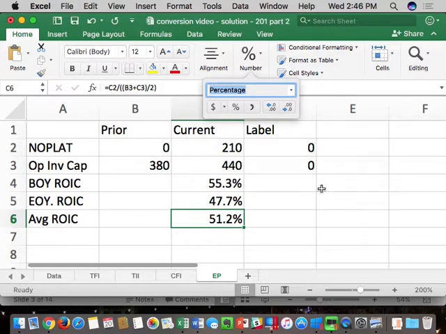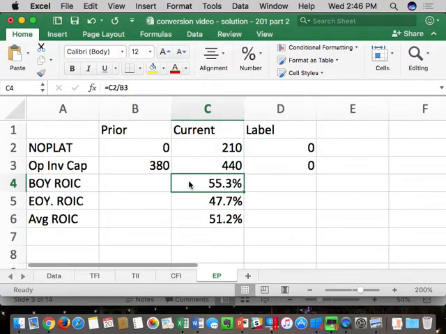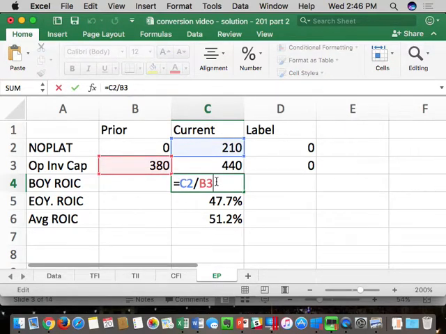Do I use last year's invested capital? Do I use the current year's, or do an average of the 2? Right? I'm going to arbitrarily choose, just so we all do it consistently for the homework and for the midterm exam, beginning of year ROIC. I'm also going to do that because of how we do the valuations. It will foot better than end of year ROIC, which will be close. Right? Makes sense later in the chapters. So you don't have to do these other 2 methods right now, but a correct answer for your homework assignment would be the BOY ROIC, which is 55.3,